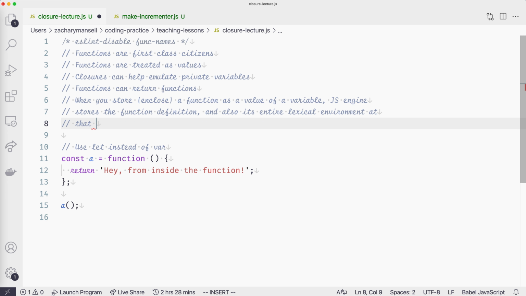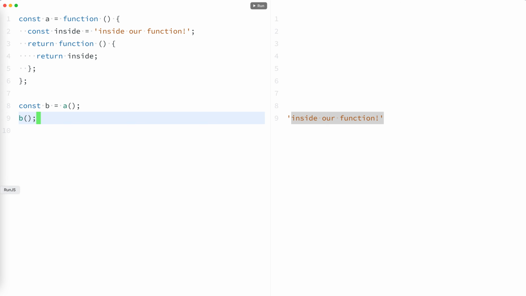At that time. That's like the TLDR, too long didn't read, of closures. I think, is there any other miscellaneous things I wanted to talk about here? Yeah, let's look at one more thing here, which was